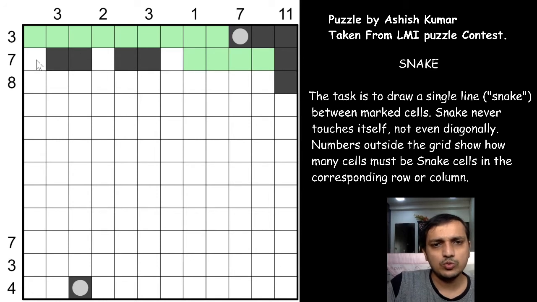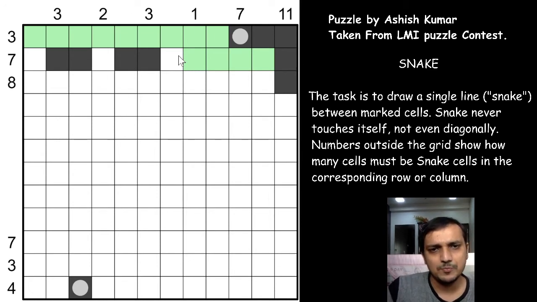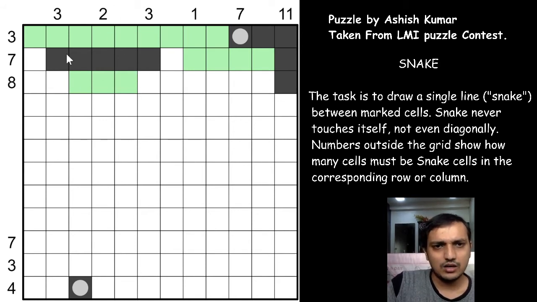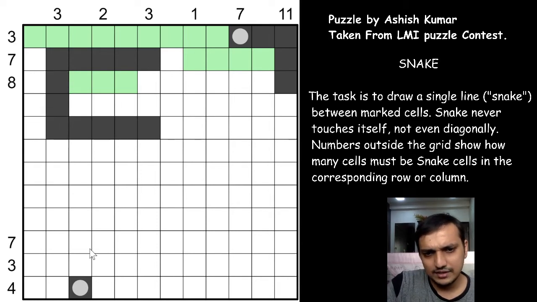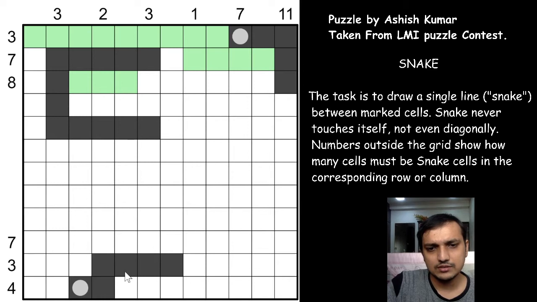Now there will be one cell which will not be a snake cell, and let us see which cell it is. So what happens if this is a snake cell, right? So if this is a snake cell, for the 2 to be fulfilled, 1 is already fulfilled, and we know that this snake cell and this endpoint has to meet. If they don't meet, this will go towards the right and this also will go towards the right. So what happens for the 2? You have 3 snake cells, right? So you have 3 snake cells now, because this point will again go towards the right and take one snake cell, and this point again goes towards the right and takes another snake cell.